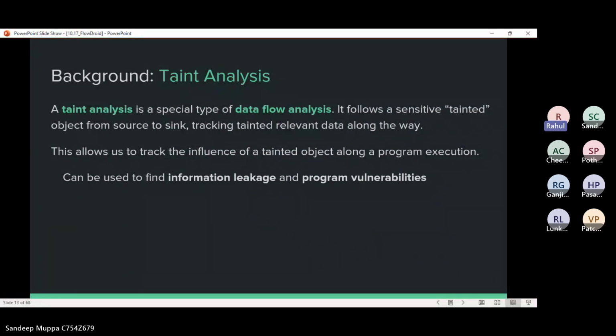Coming to the next slide, taint analysis. Taint analysis is a process used in information security to identify the flow of user input through a system to understand the security implications of the system design. This analysis aims to mitigate risks such as SQL injections, which generally arise when other parts of the program use user input without proper sanitization.